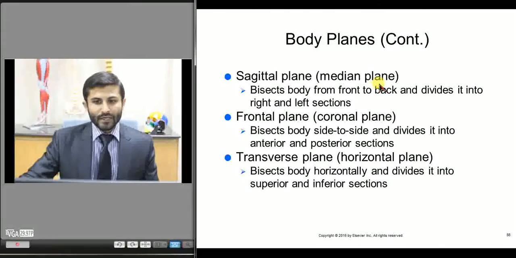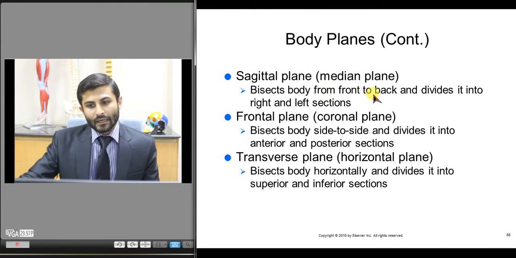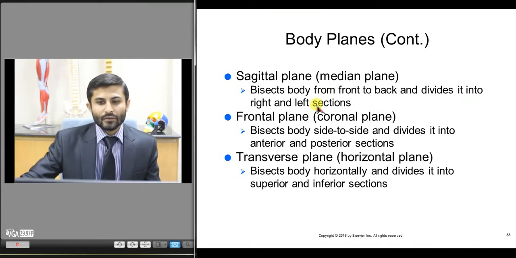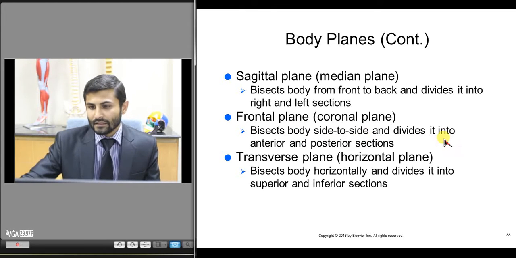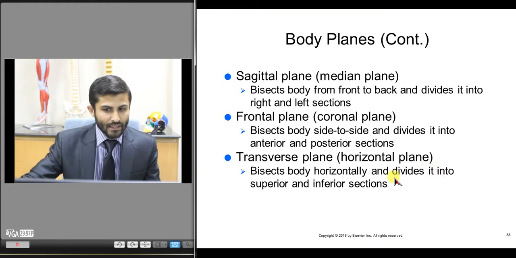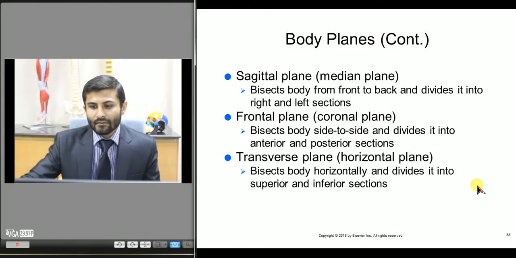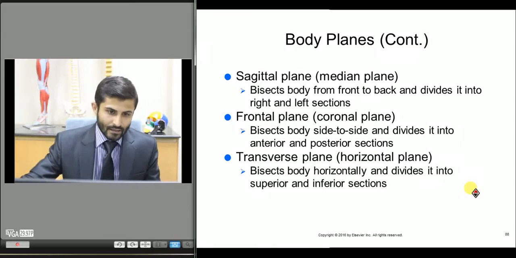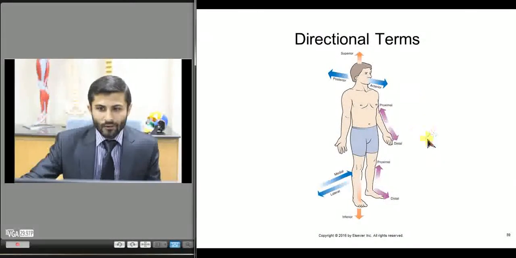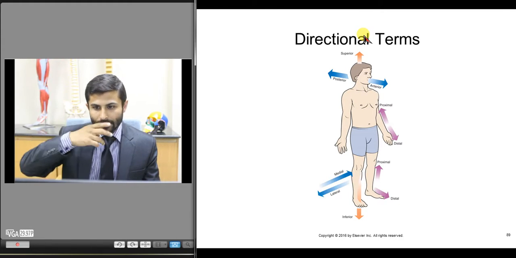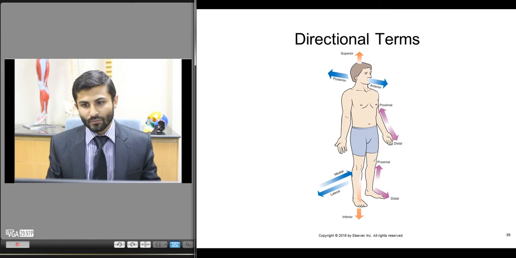The sagittal plane or the median plane bisects the body from front to back and divides it into right and left sections. The frontal plane, also called the coronal plane, bisects the body side to side and divides it into anterior and posterior sections. And the transverse plane, also called the horizontal plane, bisects the body horizontally and divides it into superior and inferior sections. Now, definitely, there are some terms that are important, like superior is on the top side, inferior is on the below side,